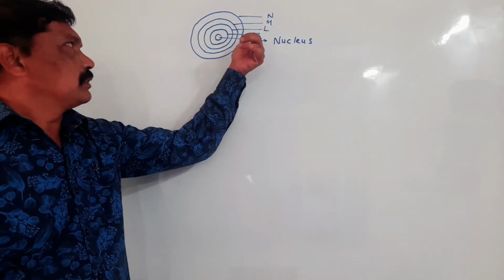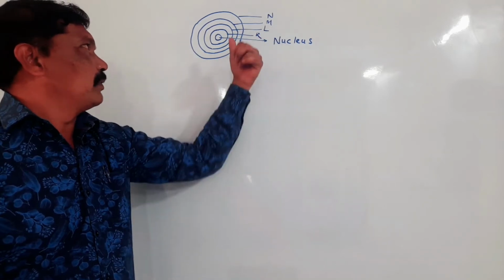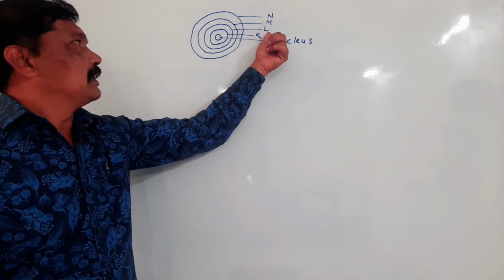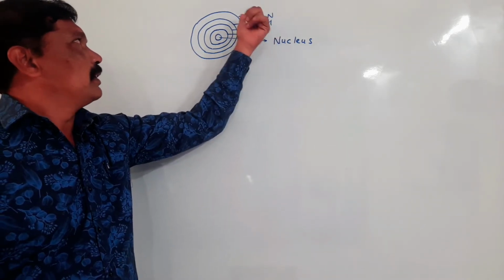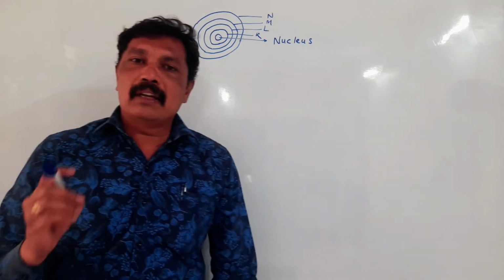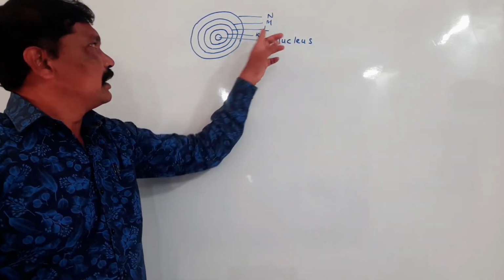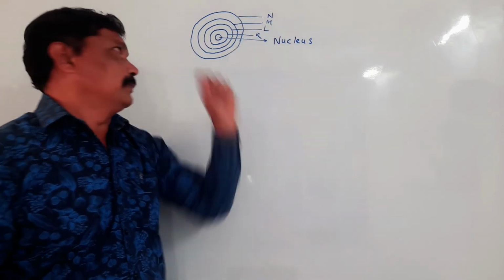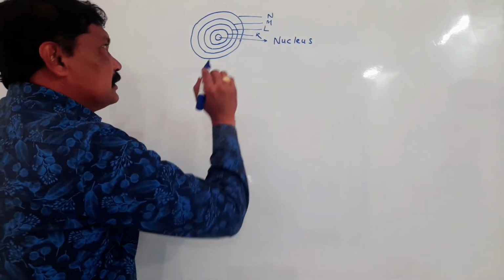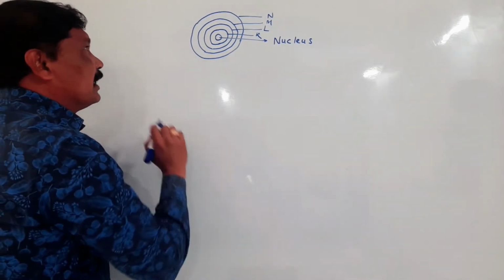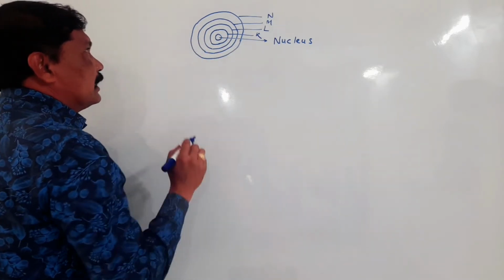The first shell, which is close to the nucleus, is named as K. Number 2 is named as L. Number 3 is named as M, and number 4 is named as N. So the nucleus is surrounded by different shells K, L, M, N. The first shell is K, the second shell is L, the third shell is M, and the fourth shell is